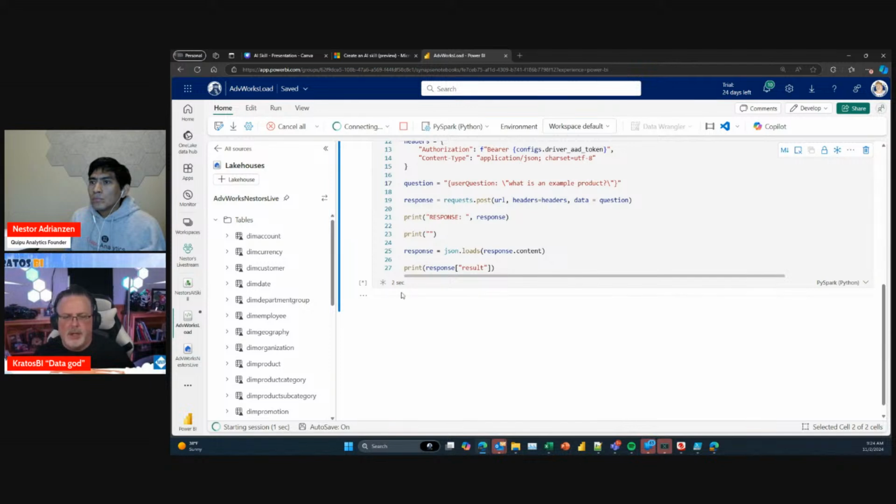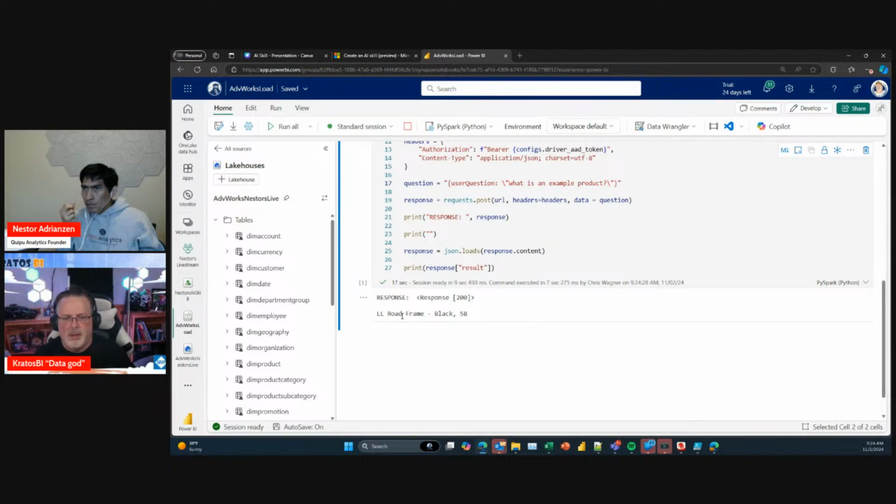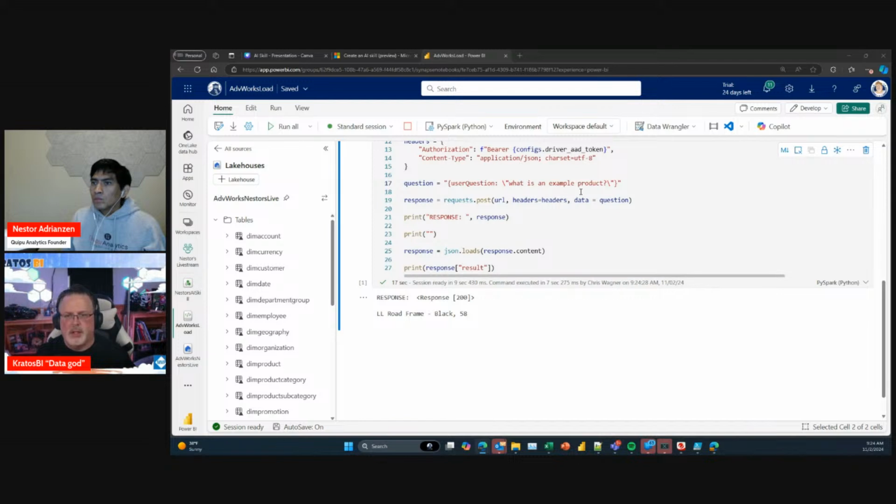I'm going to see it run, and we're going to get a data frame that shows us the results of that question. Here we go. Come on now. There we are. Road frame black, 210. And if I go back to my original question, what is the most sold product, which we saw good results on,